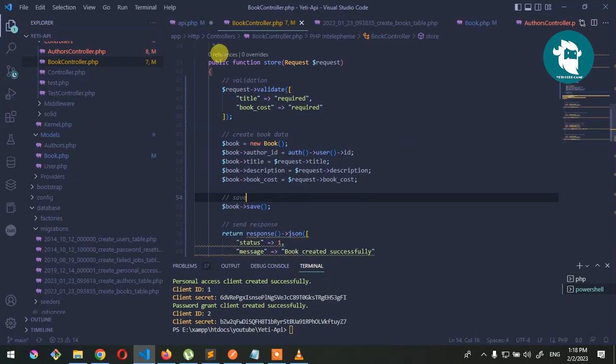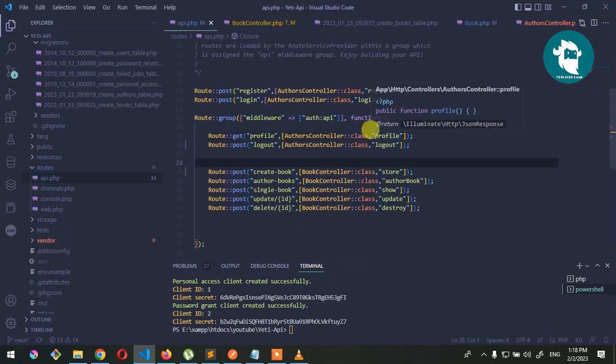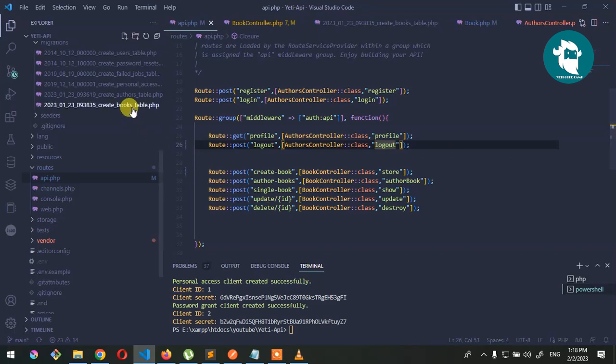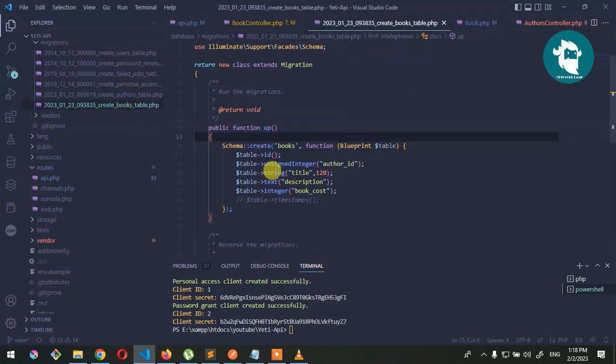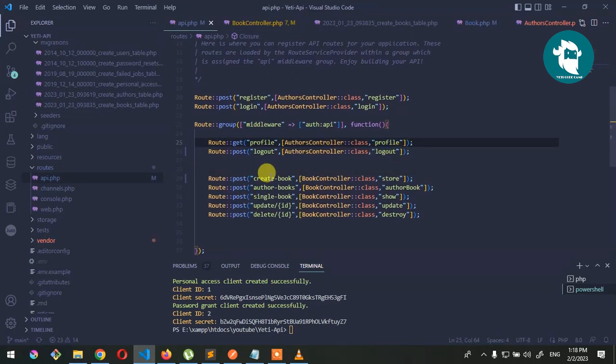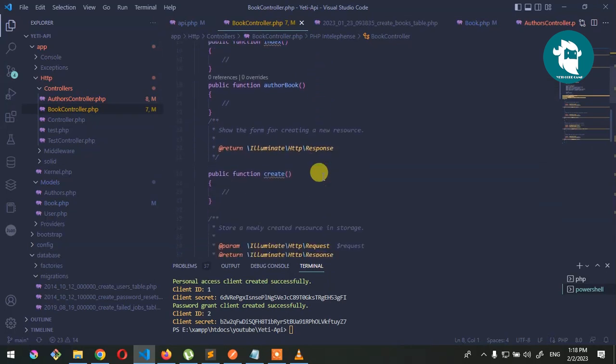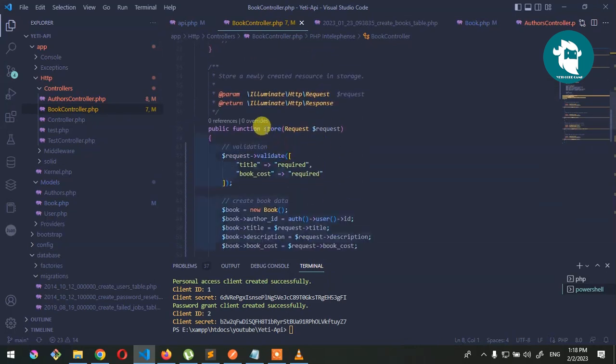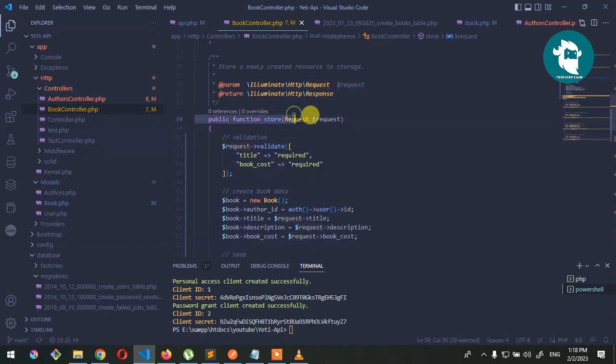So let's create a store of data into our API. For that, first create a migration file, and the migration file will look like this. It has ID, author_id, string, title, description, and book cost. Then create an API route, create book, which will call the store function from the book controller. Go to the book controller, and here we are using the store function, which has two parameters, request and request class